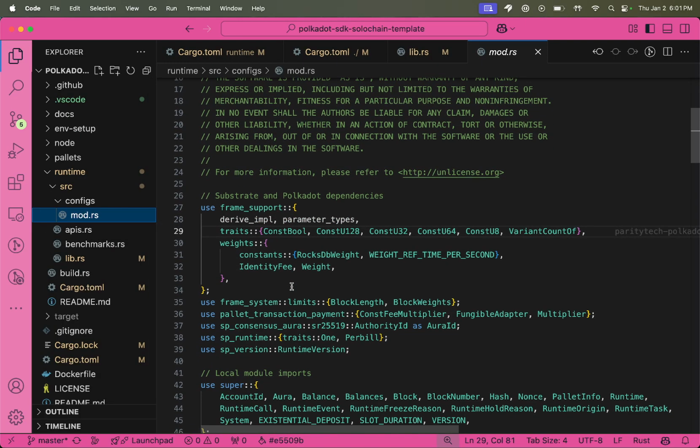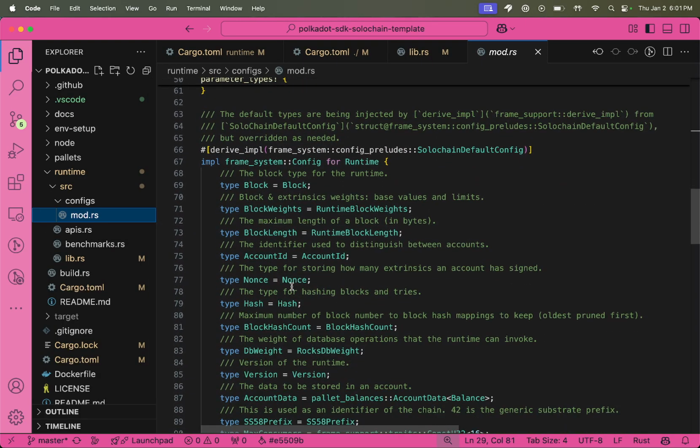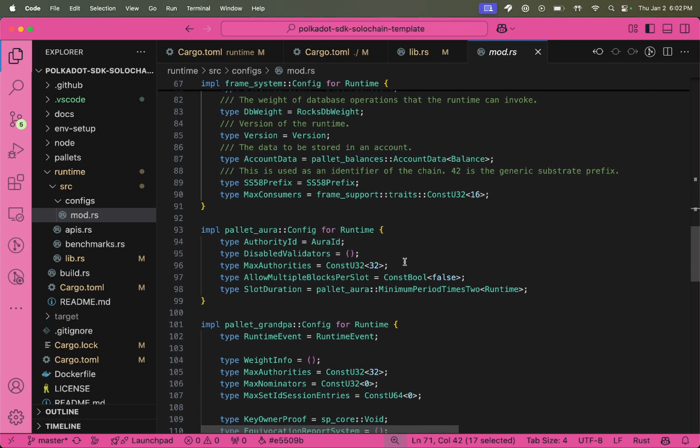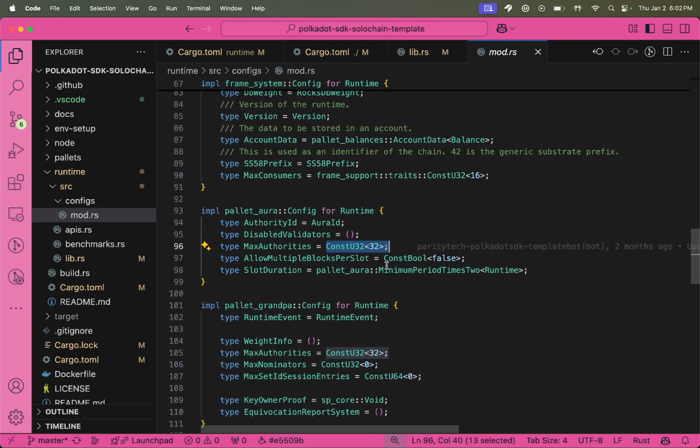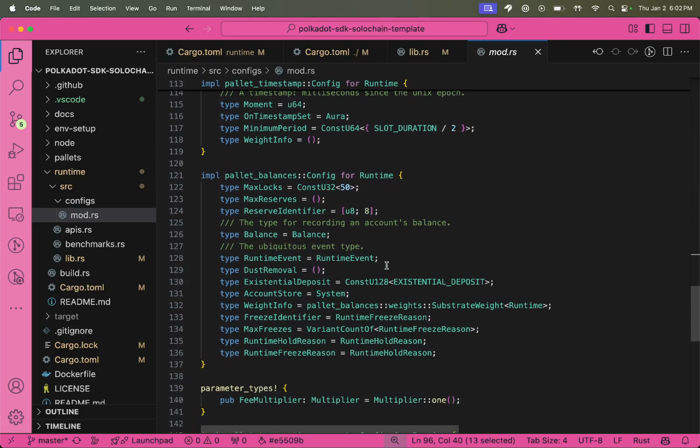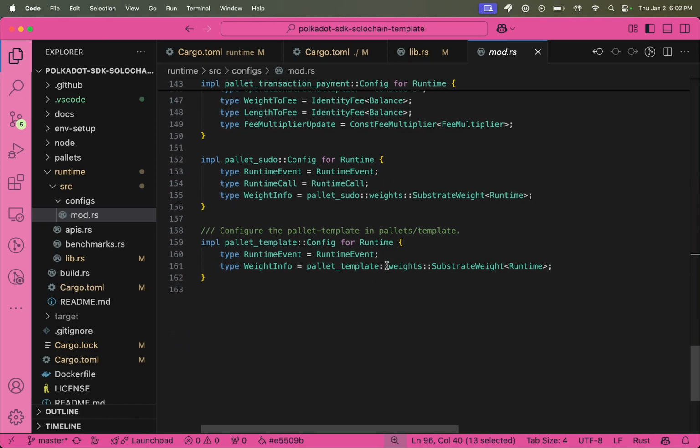So if we go in mod.rs, scroll down, we can see here's the frame system config we're implementing. We're saying, hey, for type Block, this is what a block is. For type BlockWeights, it's RuntimeBlockWeights. And if we scroll down, here's pallet Aura, the config for pallet Aura, and we're defining it there. We're defining each of the types, pallet Grandpa, pallet Timestamp, pallet Balances. So we scroll all the way to the end, pallet Template, and we're going to need one here for